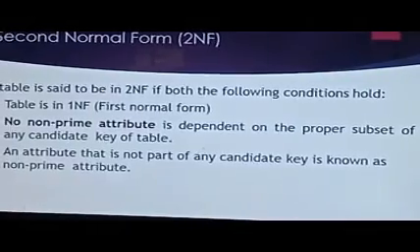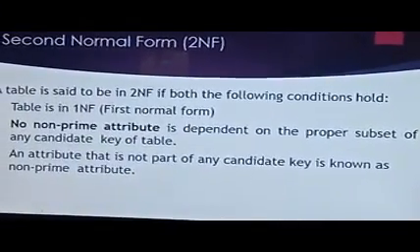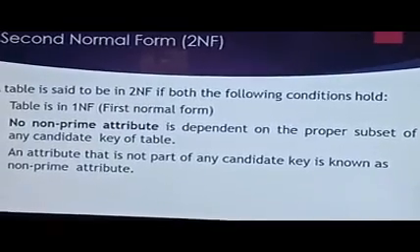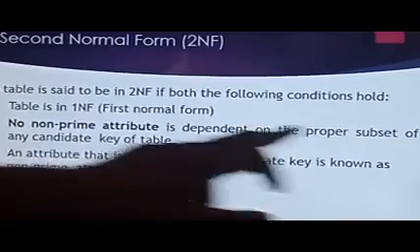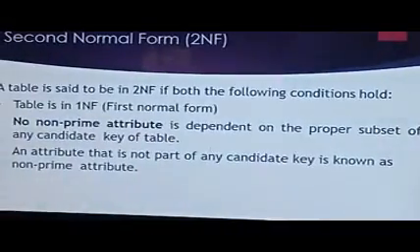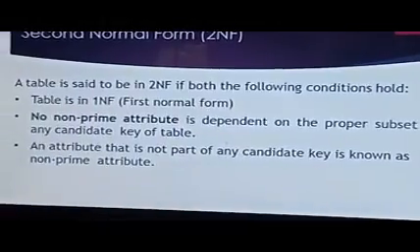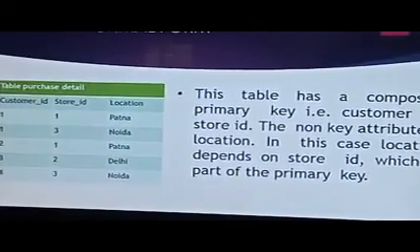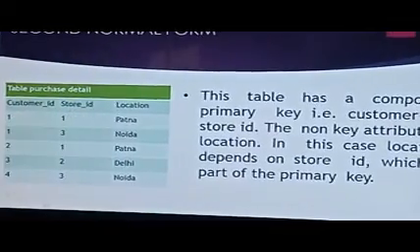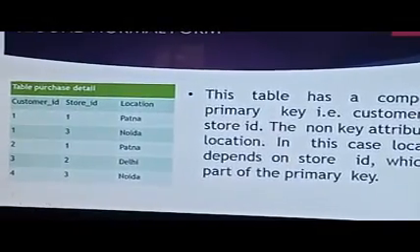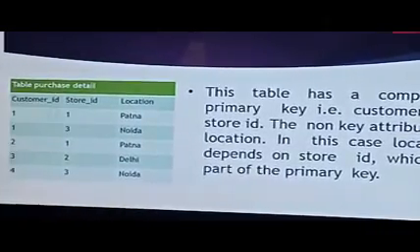So you have to find an attribute or values which are not completely dependent on the primary key, and you can split that into a separate table. That is called a proper subset. You can bring that into a proper subset with a particular key to refer to as a candidate key. This might be the example: customer ID, store ID, and location. Here the candidate key comprises customer ID and store ID.